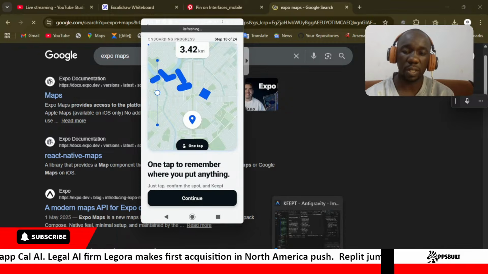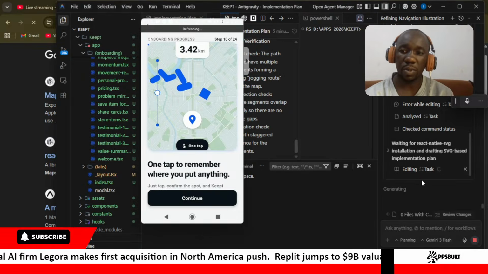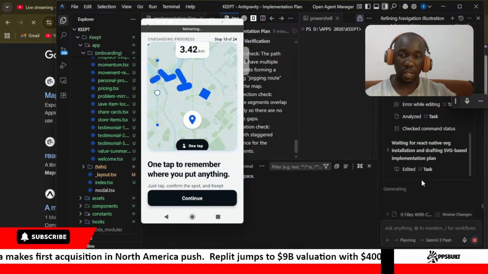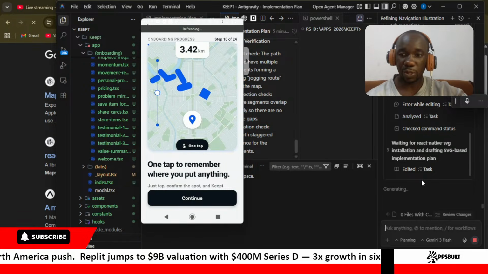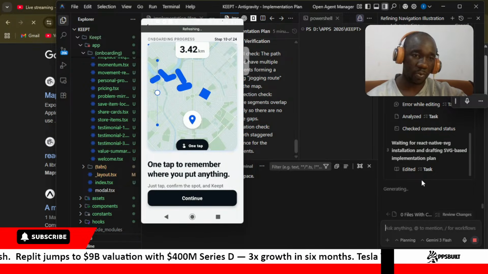Expo maps is quite amazing, so you can be able to execute this task. If we fail with this particular element, then definitely we are going to employ Expo maps, because I believe Expo maps will